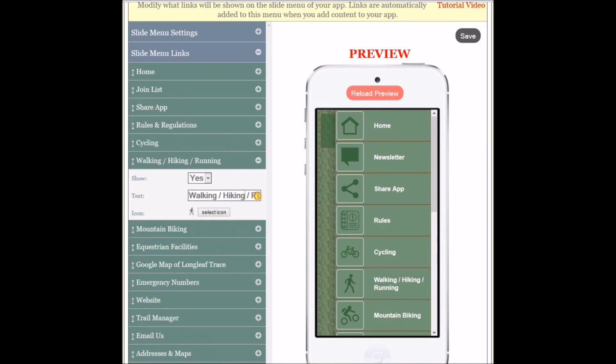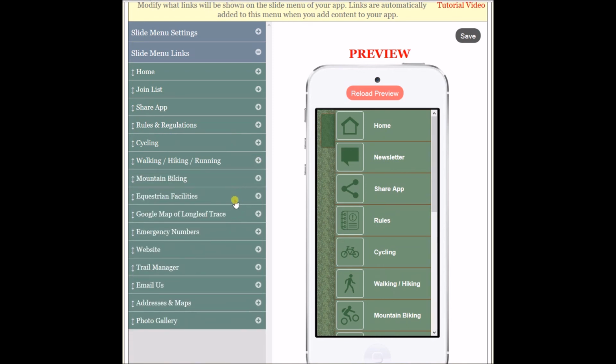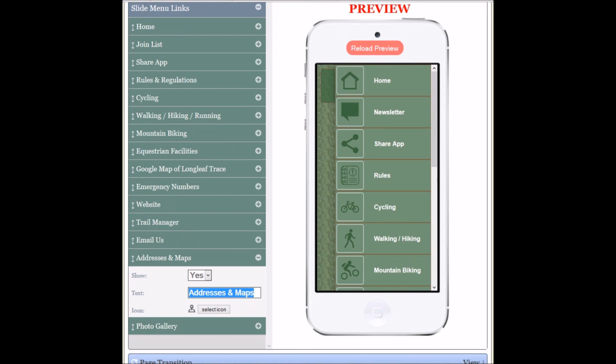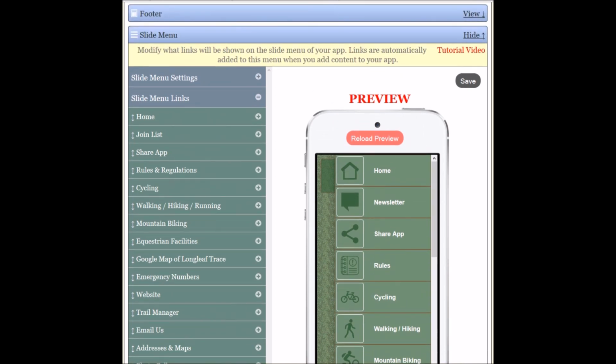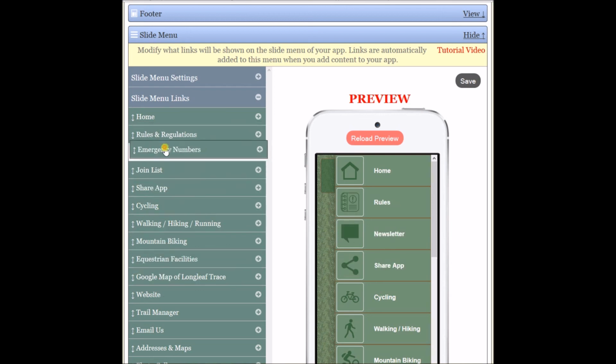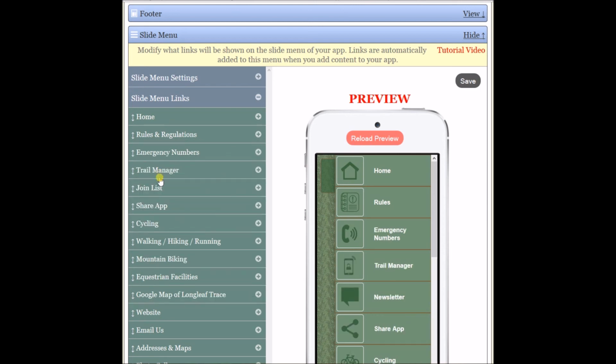I'm going to take the running out of here. Make this say Locations. Make this say Photos. And then I want to rearrange these. So let's see, Home. Let's see, I want Rules, Emergency Numbers, Trail Manager, Google Map,